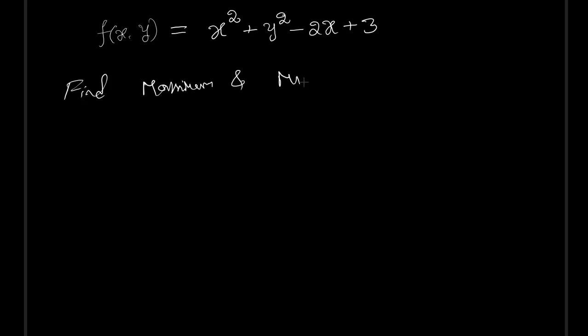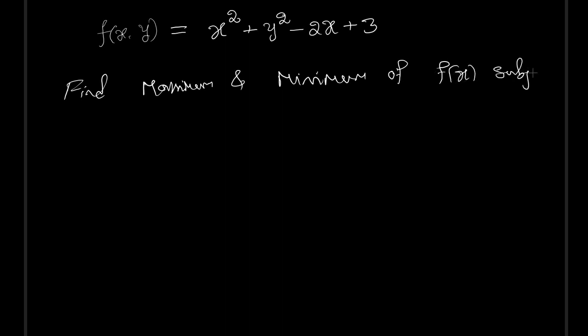So let me explain how to find maxima or minima of a function subjected to a given constraint. Let's assume that you are given some function like this, f of x comma y, that is equal to maybe x square plus y square minus 2x plus 3. So this is the function, and the question is to find the maximum and minimum of f of x